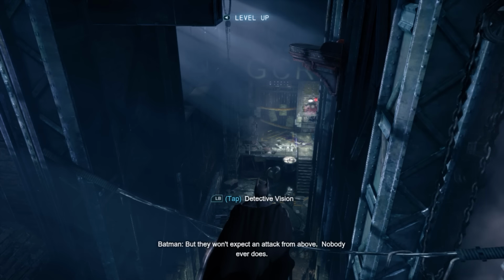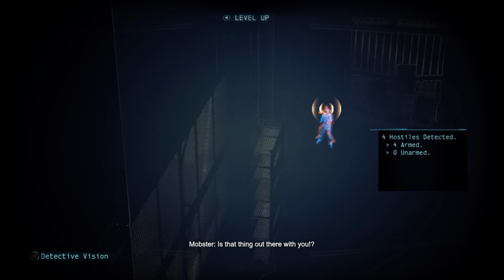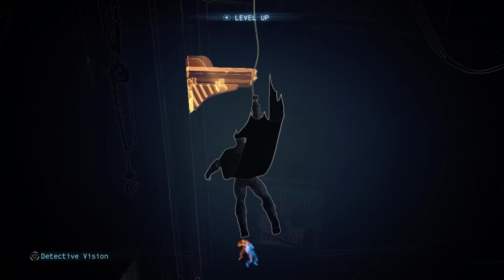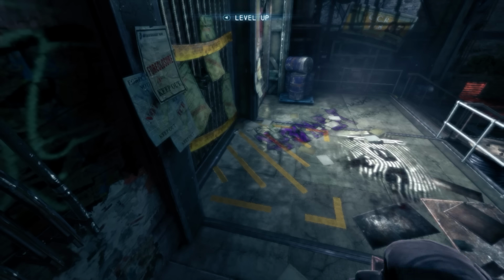You're then prompted to turn on detective mode, showing how these enemies are highlighted differently to tell you that they have guns. You're also told how dangerous guns are by Batman himself, as he knows going down there will get himself and/or the hostage shot. So instead, you need to grapple around on these vantage points and take him down from above with an inverted